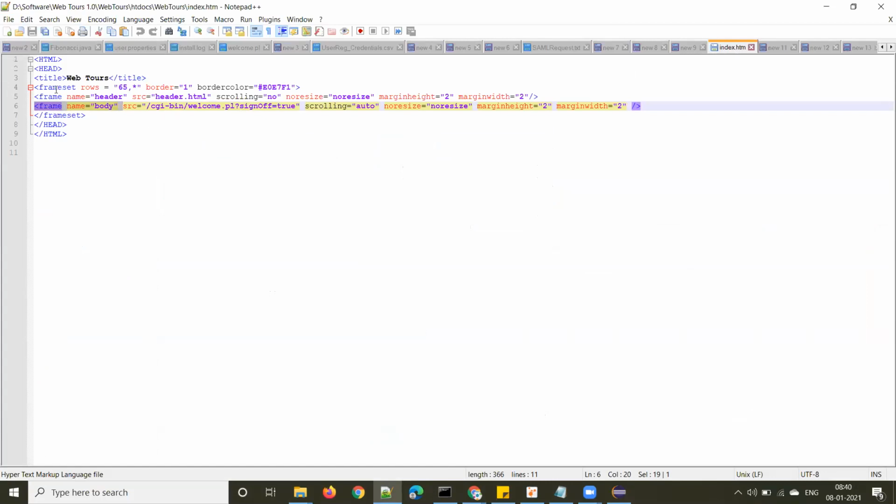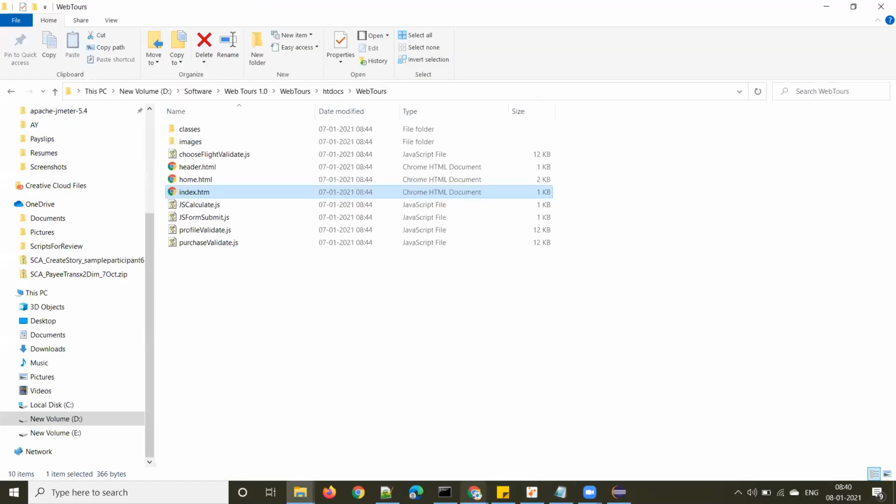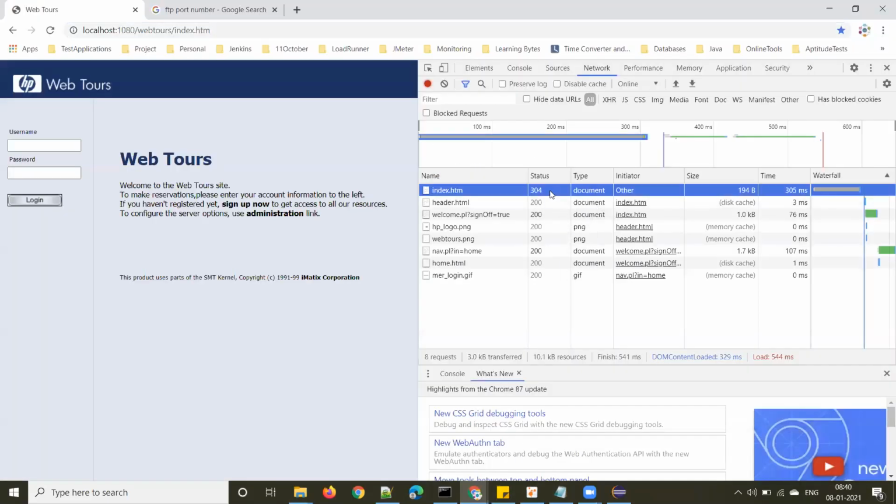If you observe here, this index.htm is calling header.html and welcome.pl in the CGI bin. That's why you see the response code as 304. It is not directly serving any page, but it is redirecting to some other pages. That's why you see the response code of 304.